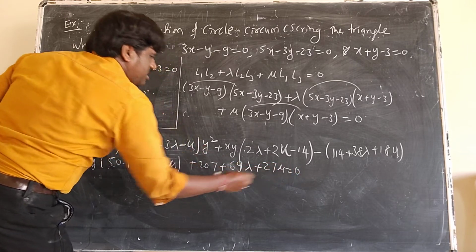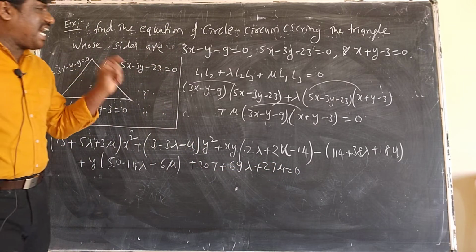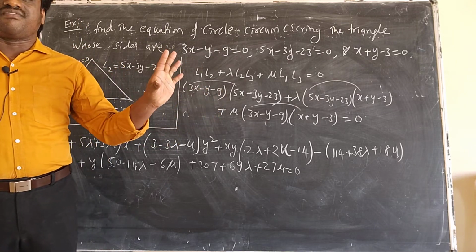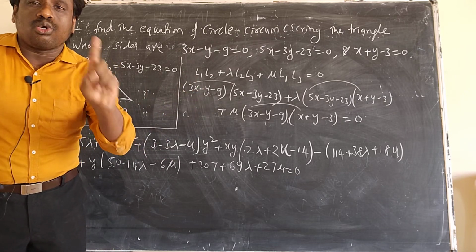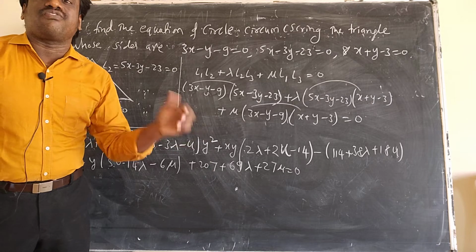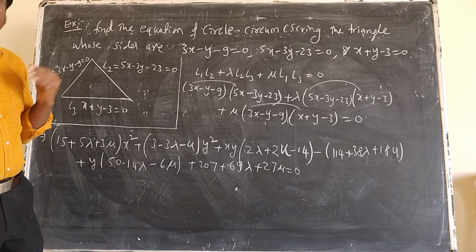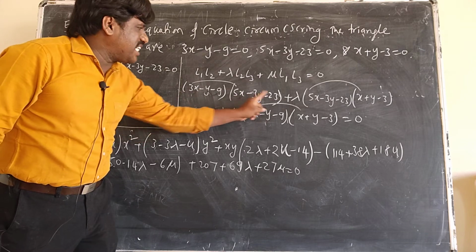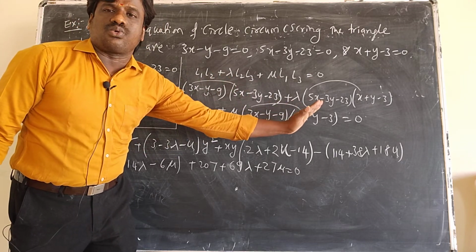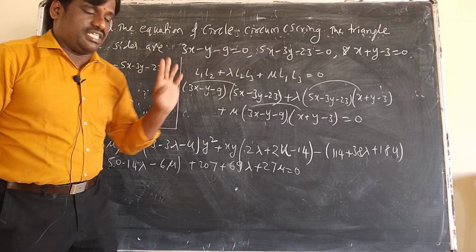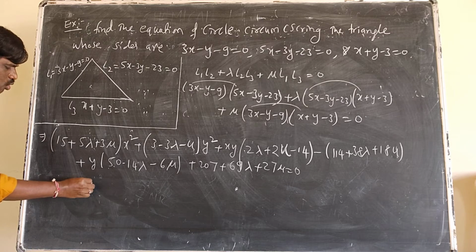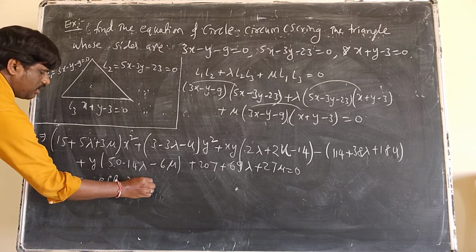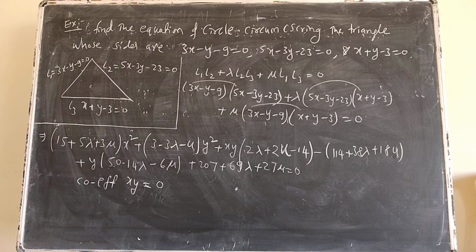But this whole thing is not needed for JEE, because I need only the coefficient of x square and the coefficient of xy. The x and y terms and the constant are not required, so don't waste that time. I just wrote it for your sake. What I do is multiply only the x square terms, only the y square terms, and then the xy combination, and I see that xy must be 0. The condition is that the coefficient of xy must be 0. So if I make the coefficient of xy equal to 0, what am I going to get here?